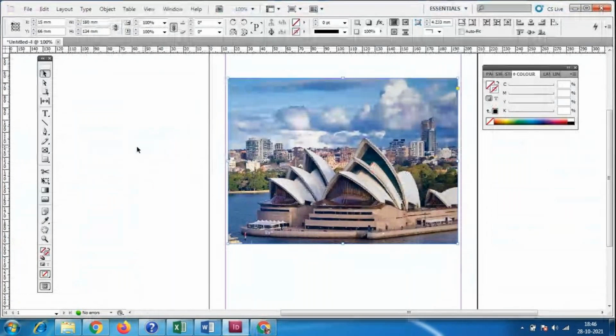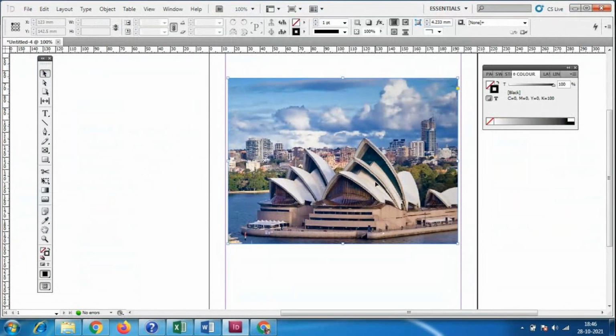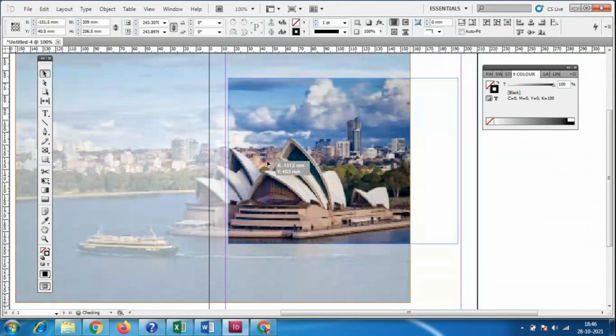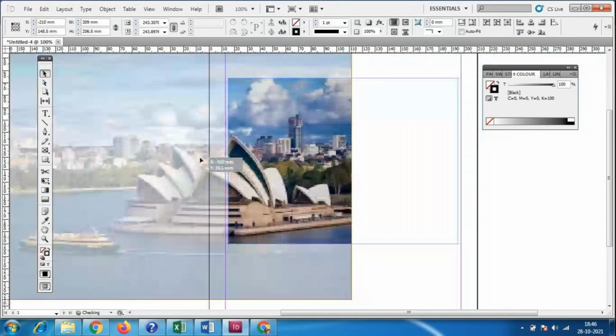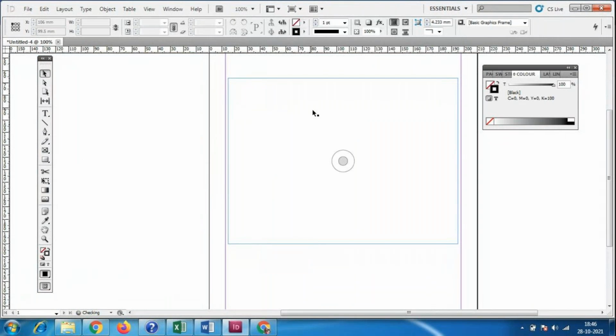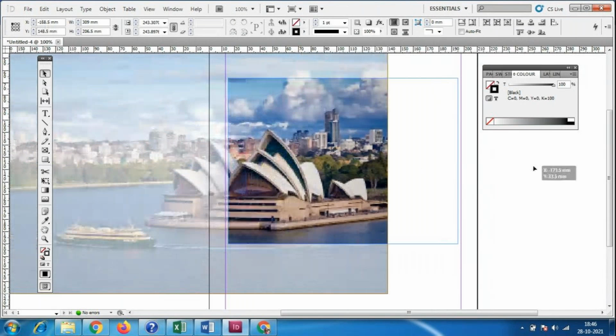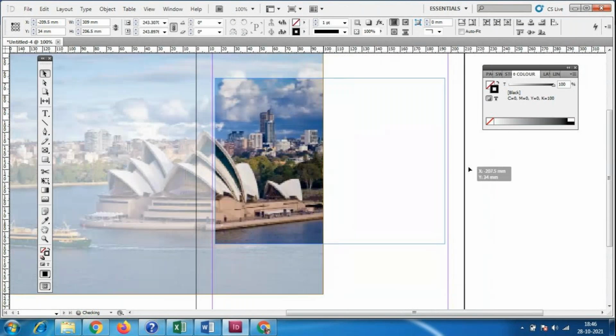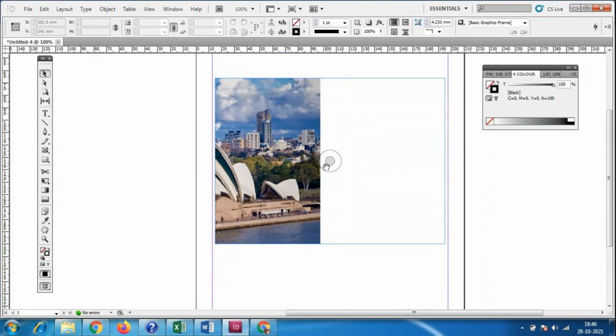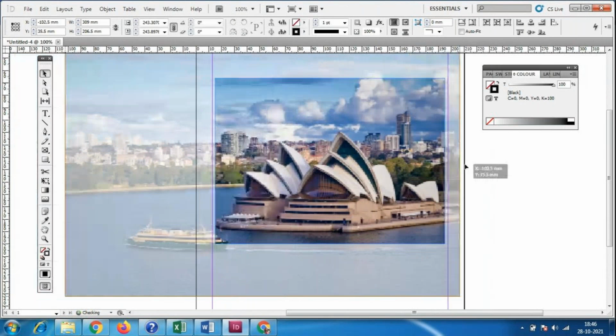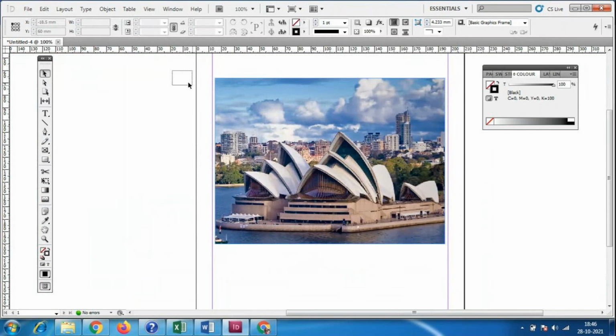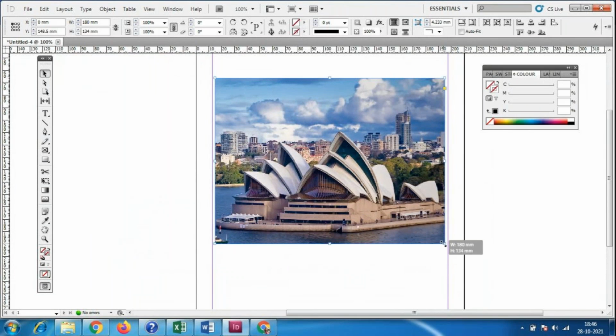Okay, so when you have to move the image, suppose this middle button is there. If I move it like this, the complete image will move, then the frame will be separate and the image will be somewhere else. So you have to make it proper, you have to select completely like this using the left click. Then you can move the image.